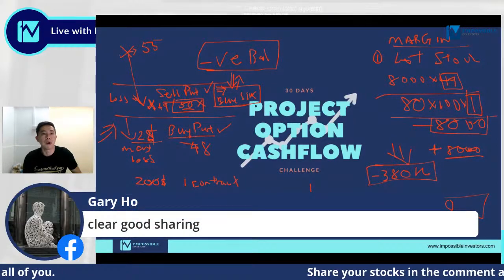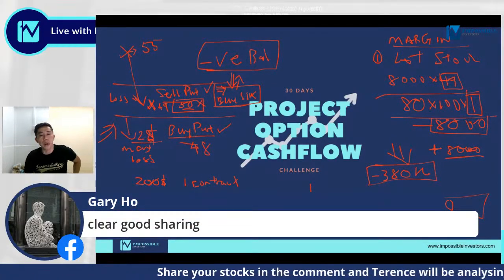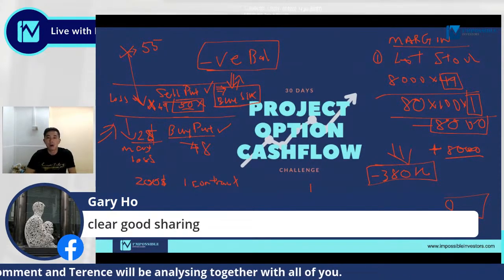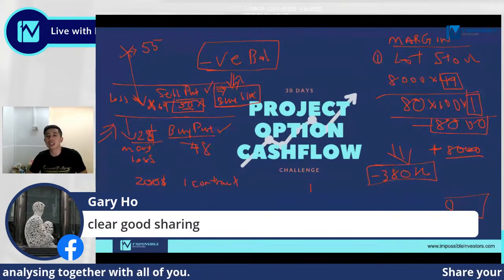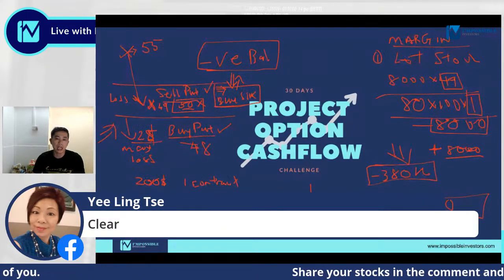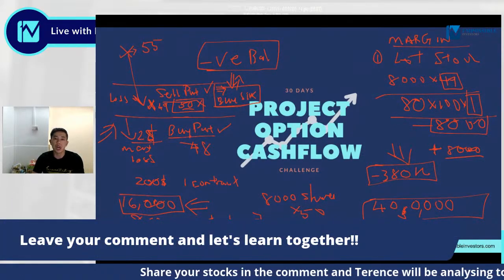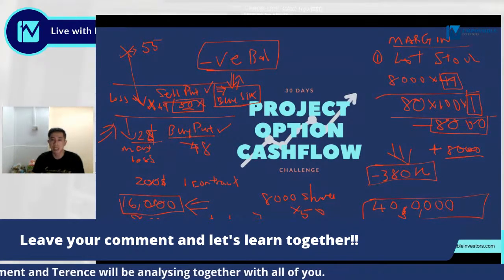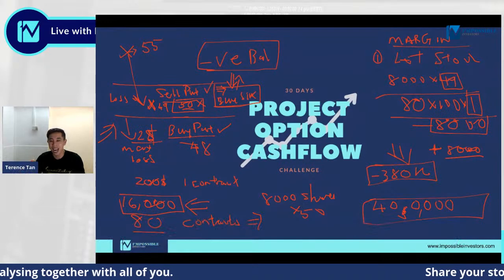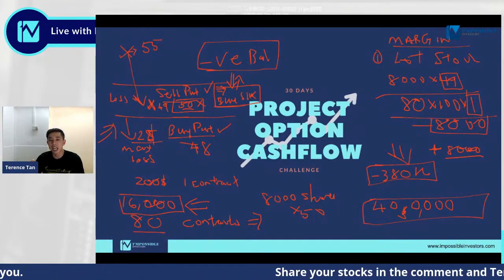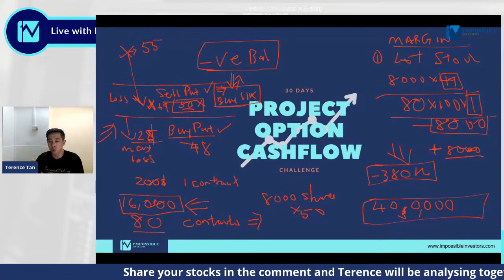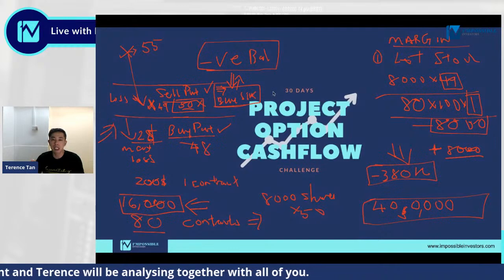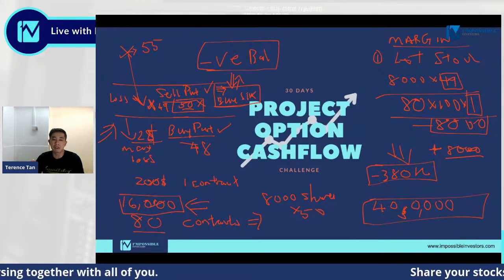That's the purpose of Project Options Cashflow anyway. The whole purpose is to clear up any doubts and any misconceptions that anybody may have with regards to the fact that options trading is actually something that's really risky. Quite the contrary. It's actually one of the safest strategies that you can adopt out there while you're making money in the markets. You just need to know exactly what you're doing. That's all. And that's what we're trying to debunk over the next entire 30 days of June. We're nearly past halfway there. Just keep going with me. There's still much more to be learning, and it's going to get quite exciting over here.